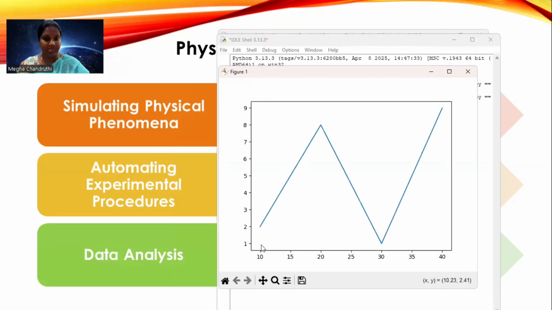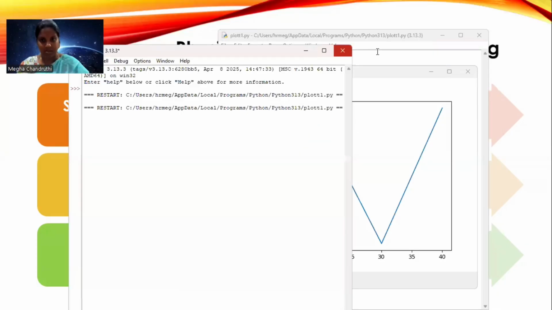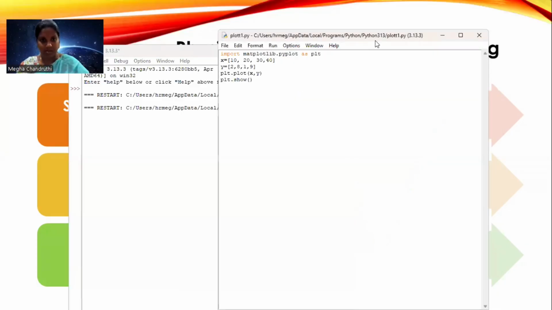This is 10, 2, and I'll show the coding also.